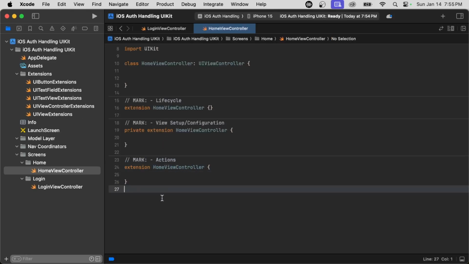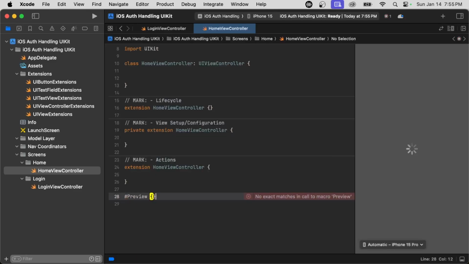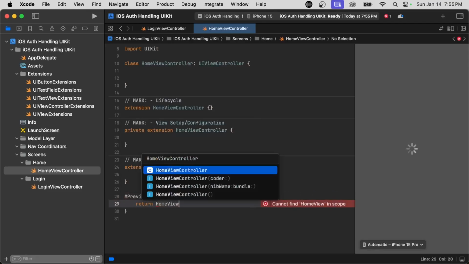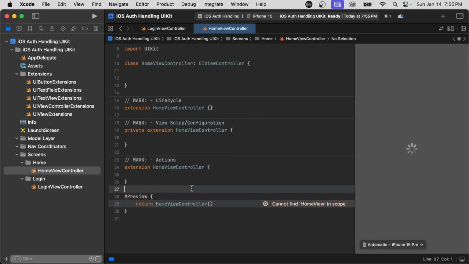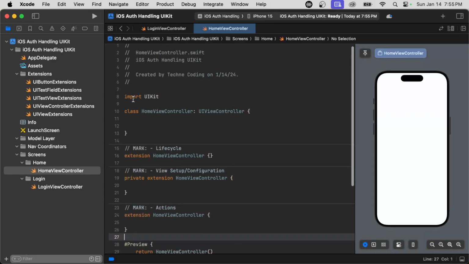And then just so we get started on this, we're gonna add the preview code here. Again, these UIKit previews are only for Xcode 15 for iOS 17 builds and up. If your project targets anything below iOS 17, these are not going to work. So we're going to say return home view controller, just like that. And of course, when it builds, it's not going to show anything because we haven't actually added anything to this